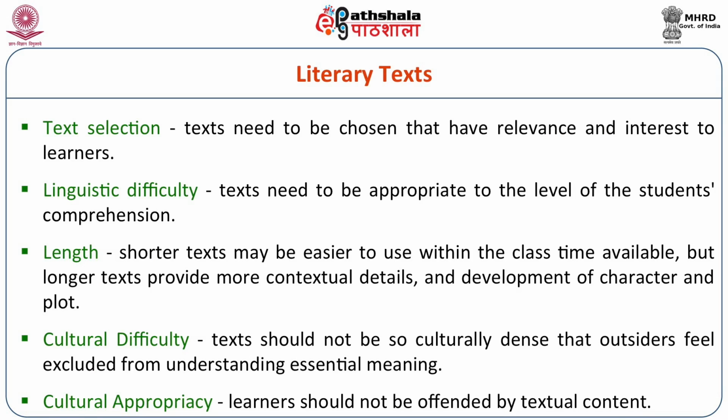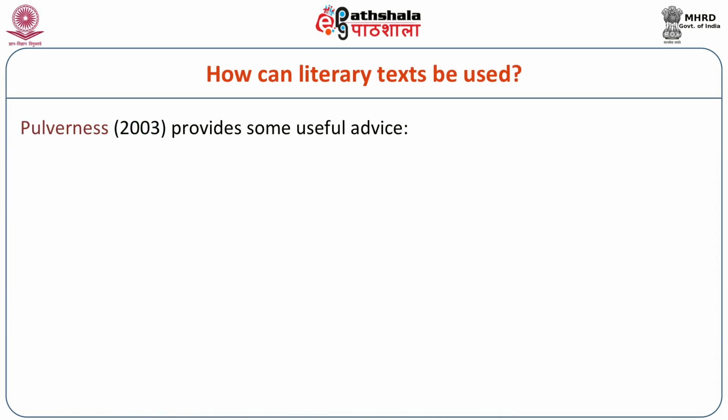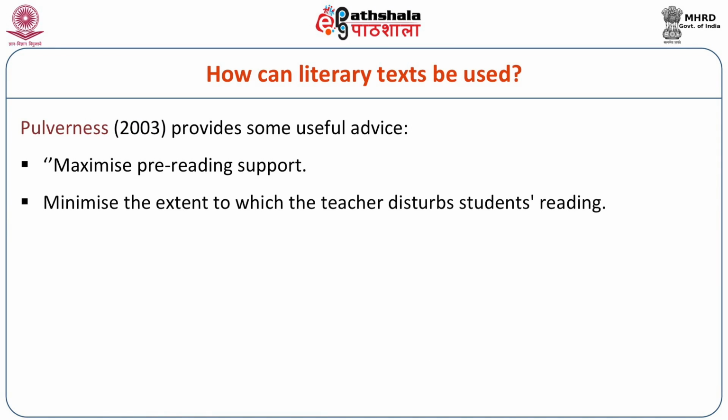Now, literary text can present a number of difficulties. So, certain features are there to be taken care of while choosing a literary text. That is text selection, linguistic difficulty, length, cultural difficulty and cultural appropriacy. Literary text can become useful by maximizing pre-reading, minimizing the extent to which the teacher disturbs the students' reading,